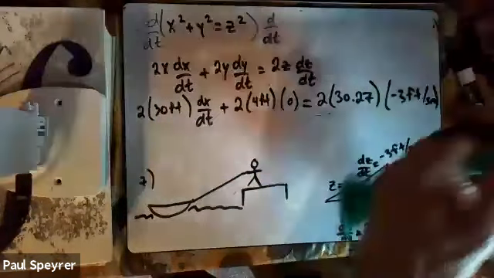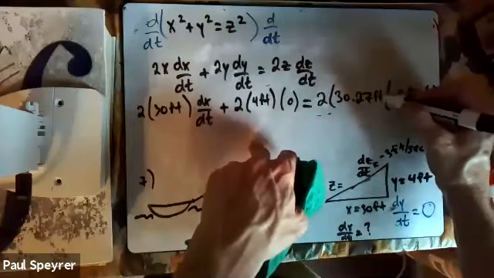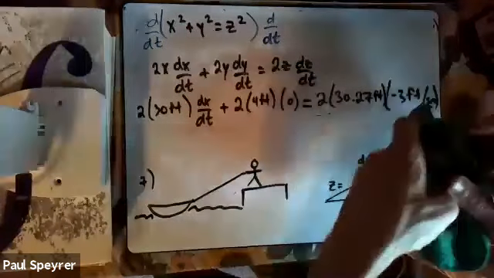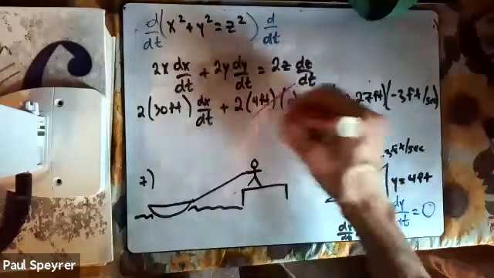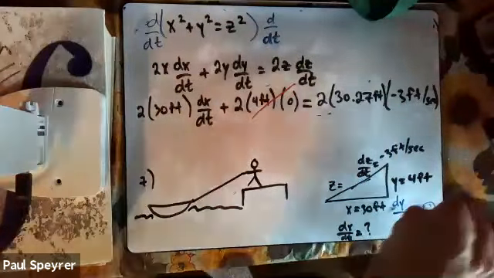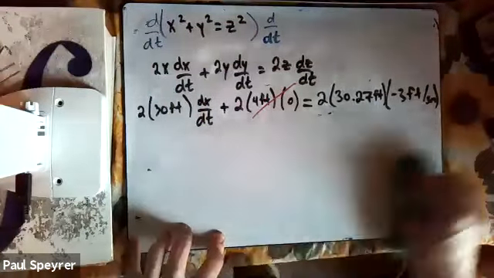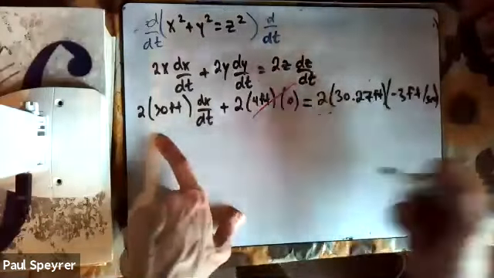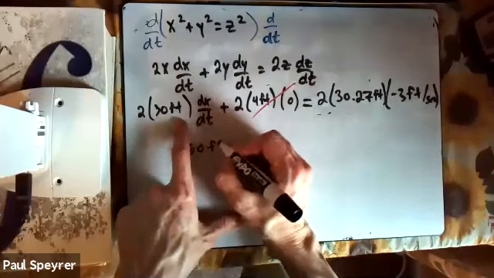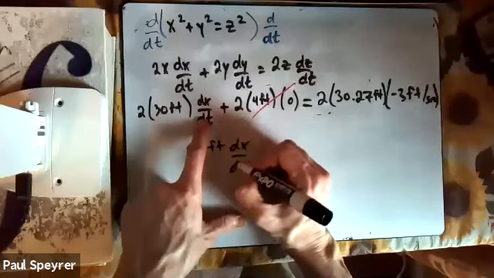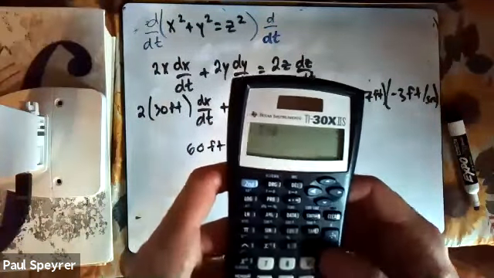So I'm going to put my units in right here. That's feet, 30.27 feet. This goes away, because that's 0 times all that stuff. So now we have basically 60 feet dx/dt equals, I don't know what all this is,